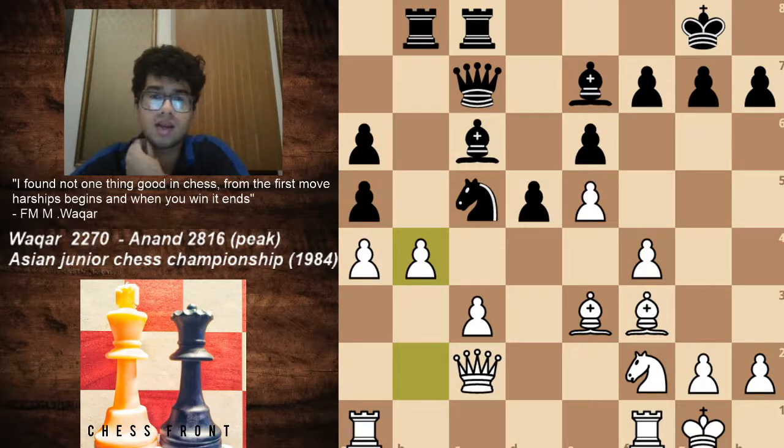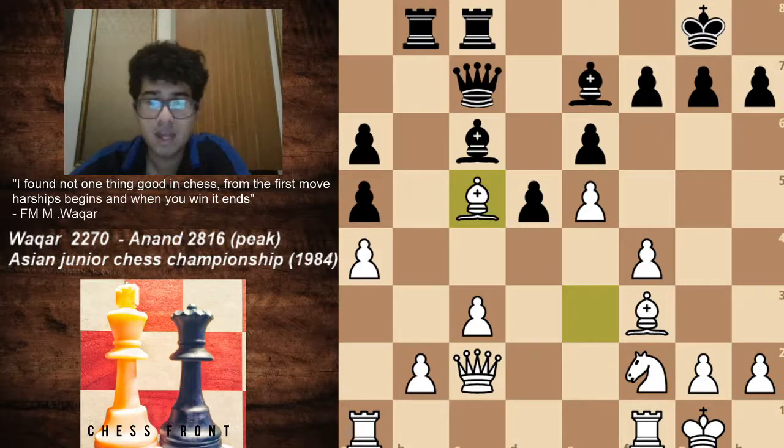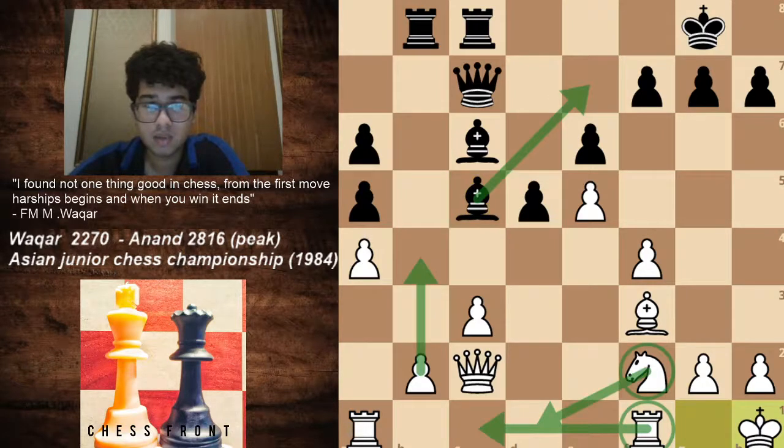I think he miscalculated over here a bit. Over here, I think the knight is too strong, so I think bishop captures c5 had to be played for white to have any potential chances in the game. So the game would continue with bishop captures h5 and h1 with such and such moves.